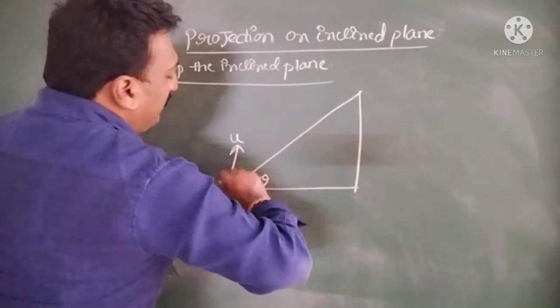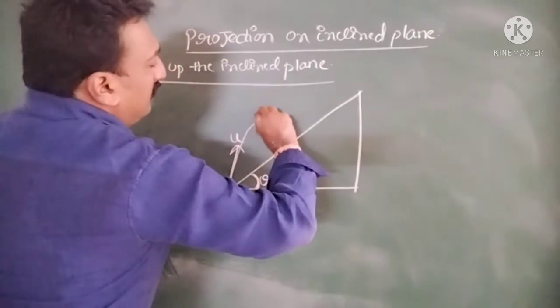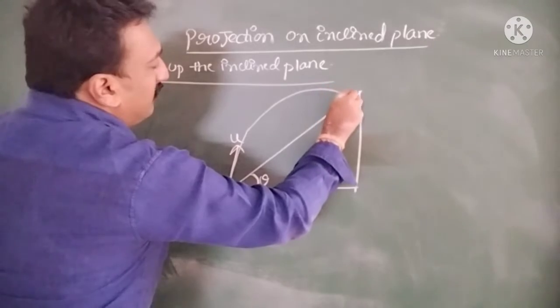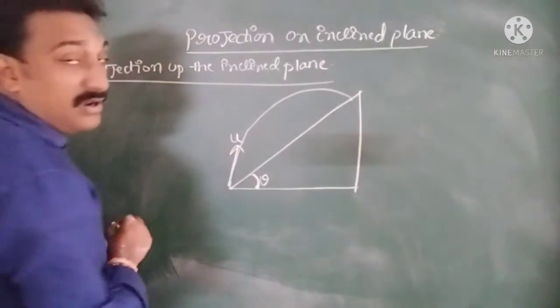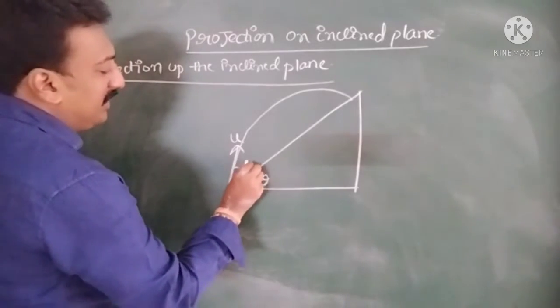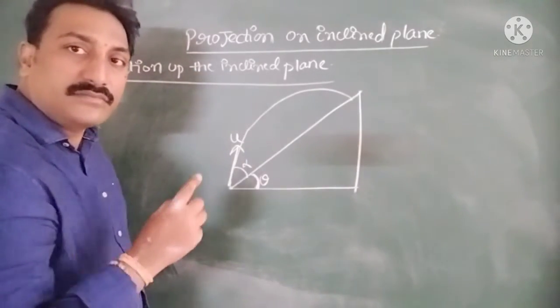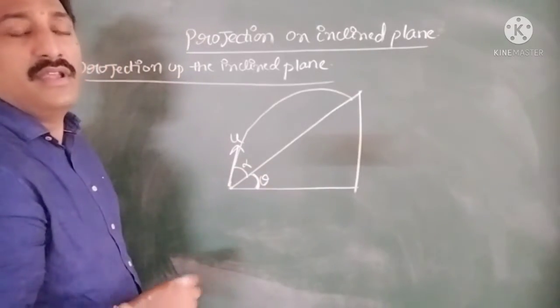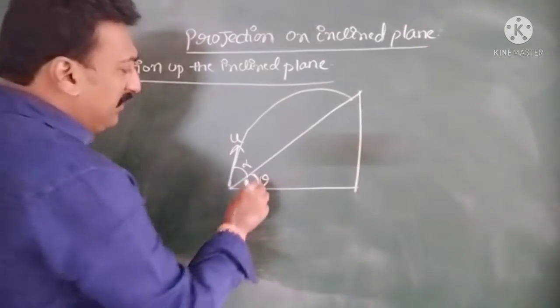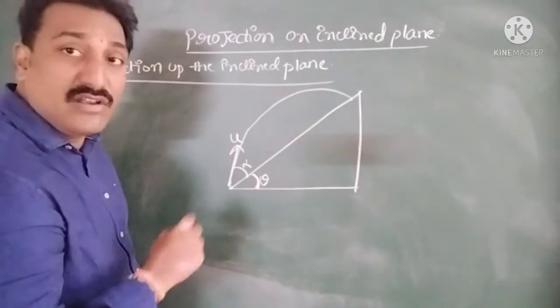When the body is projected here, this body will travel like this and reach this particular point. This angle I am taking as alpha. So we know generally, whenever a body has been projected with some particular angle alpha,